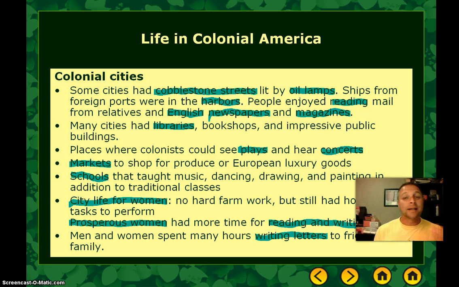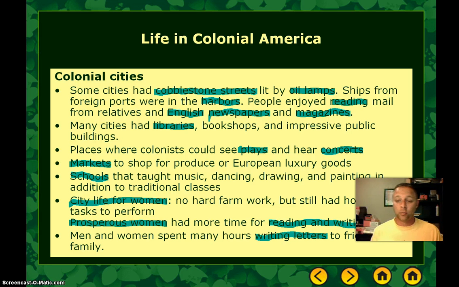People read a lot. People who could read, read a lot. Mail from relatives. There was a huge appetite for English newspapers and magazines. The larger cities had libraries and bookstores and lots of public buildings, places where people would go to plays or hear concerts. There were schools oftentimes for the wealthier